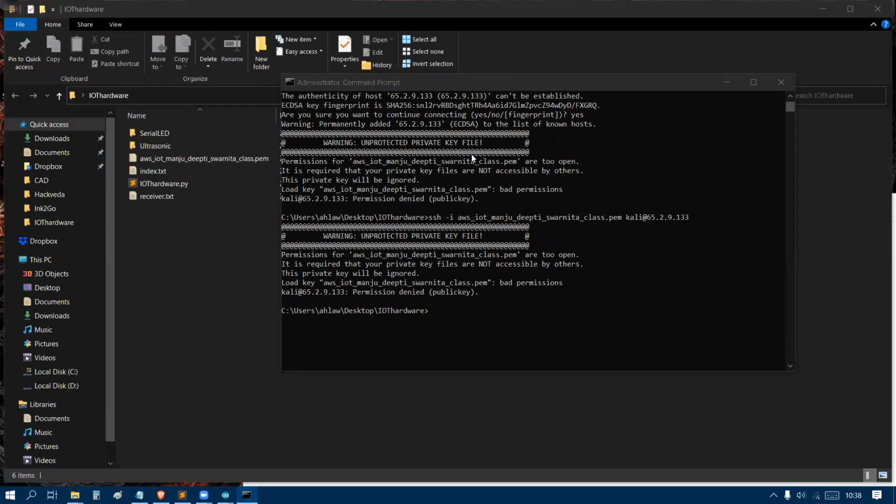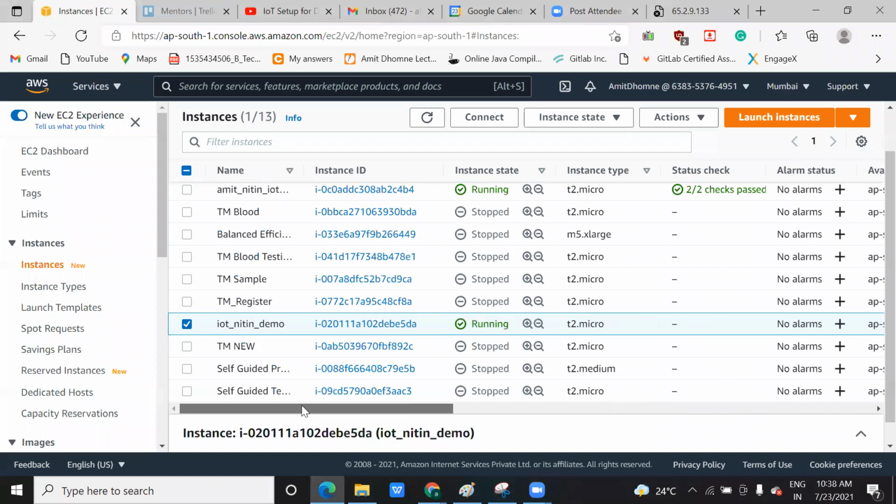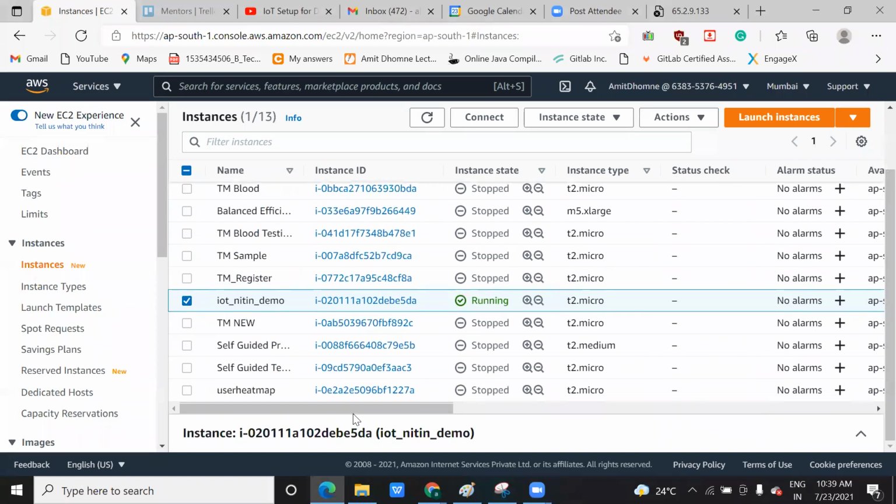I think we have only 2 minutes. Let me do that. This is the only IP I created, and the PEM file also, I shared that one only. But let me check if we can edit it.